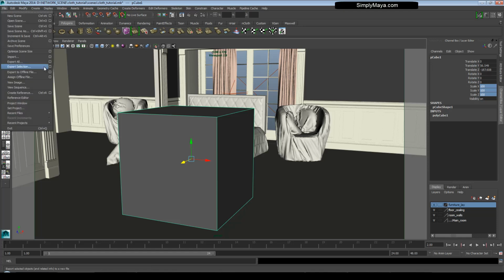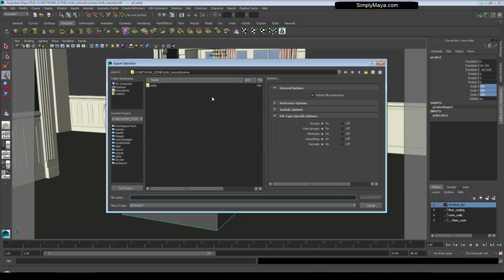So I just go File, Export Selection, and I'm going to export this into my data directory, and I'm going to export it as an OBJ. So as I said, we'll be using OBJs, so the 3D package you're using should support pretty much everything. So I'm just going to call this